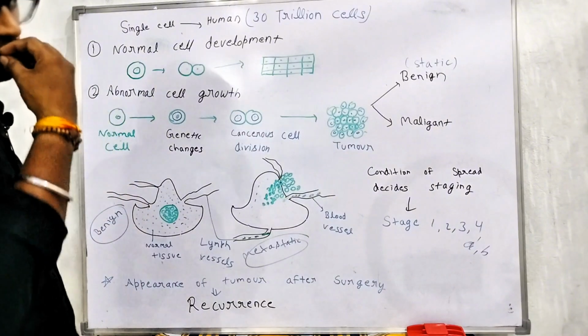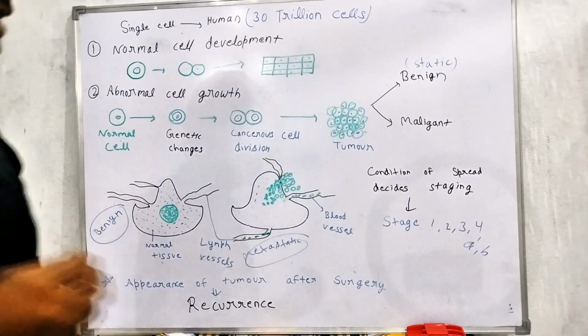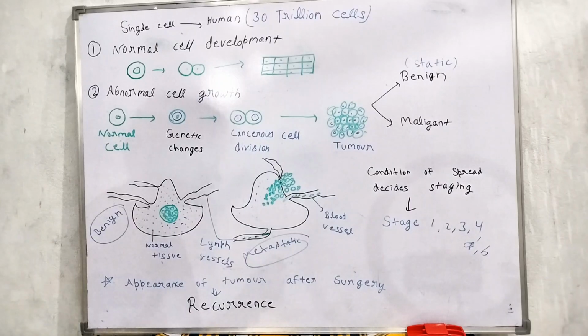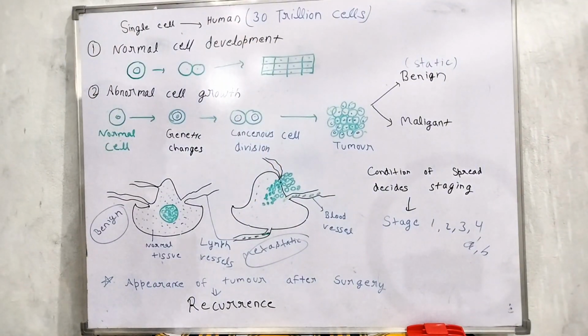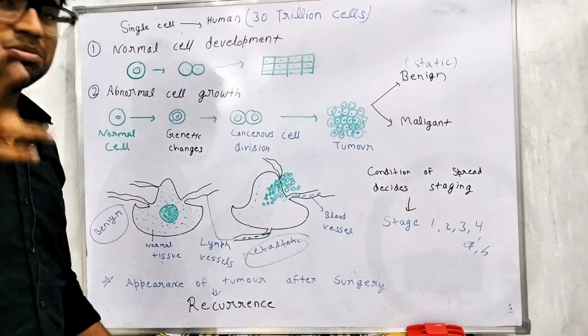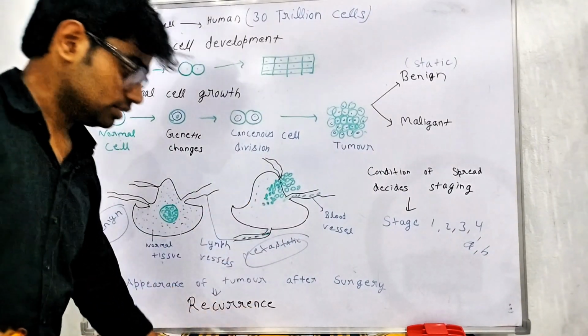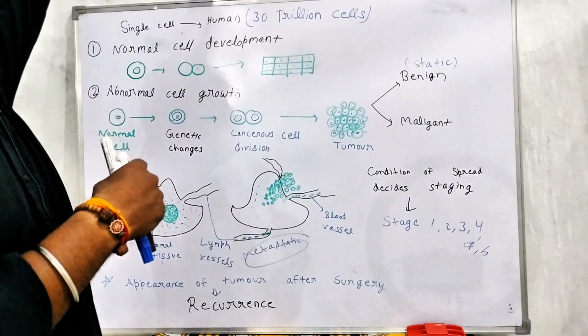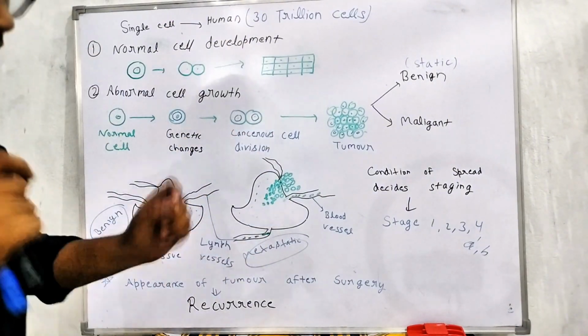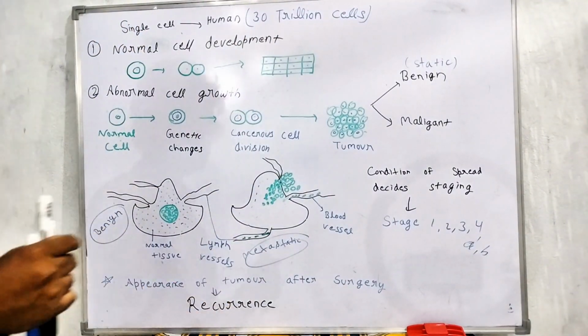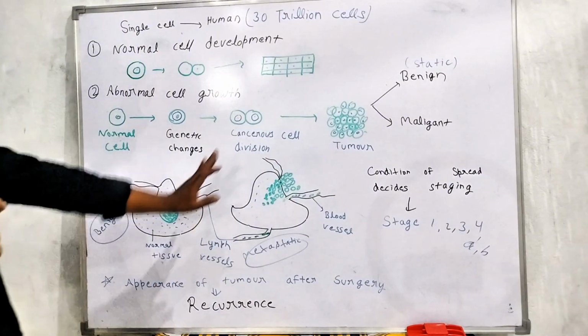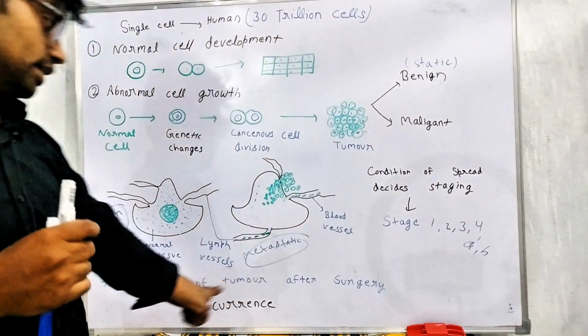Like if you have a liver cancer, and the malignancy is present in the liver, then that tumor cells may move from the liver to the gallbladder, and they can cause even gallbladder cancer. Even in the last stages or extreme stages, the cells from a single part can move to a distant part of the body. Like if you have a liver cancer, the cells of the liver can move to the heart, to the brain, even to the lungs. So this type of tumor is known as metastatic tumor.